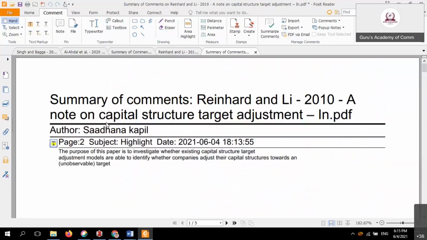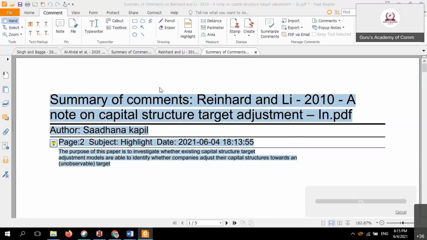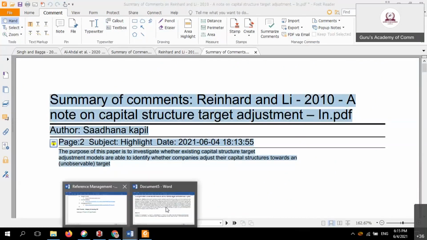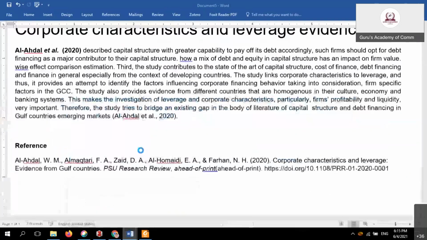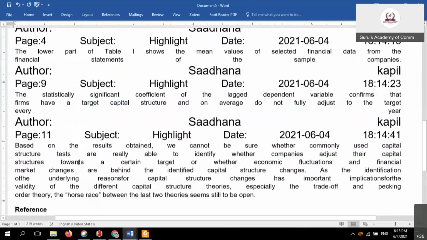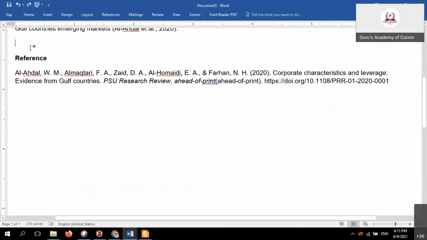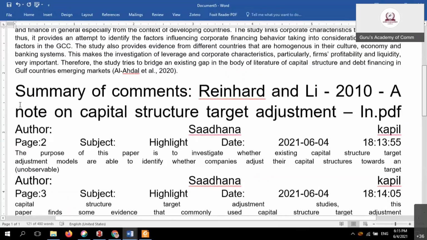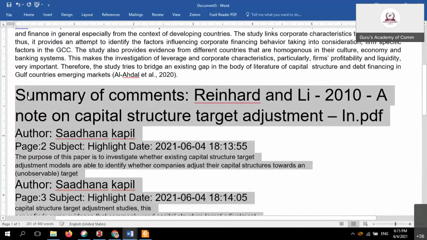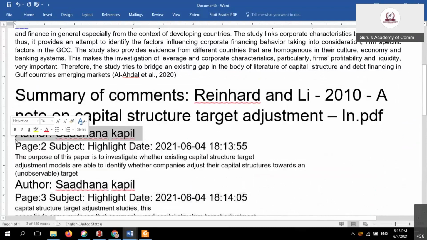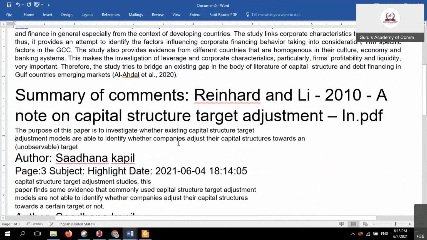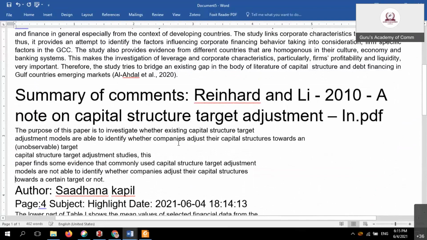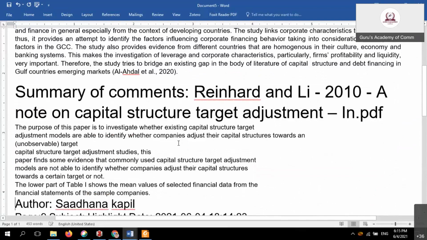Simply collecting it, press Control A and select all the items. Simply put it here. Okay, this is some alignment aspects. Don't worry, simply left alignment so that everything is properly done. This author content is simply done. No need for the rest, everything is cut down. Simply align your content.